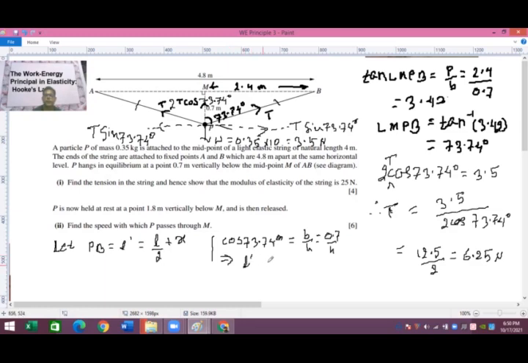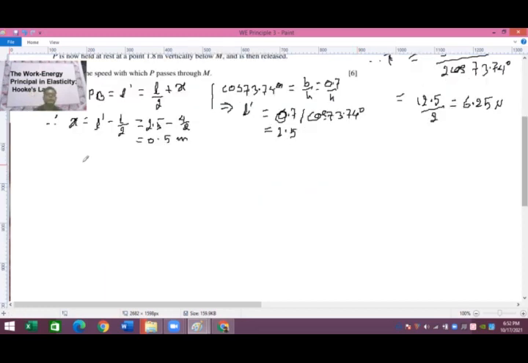So this is L dash equals to, if you transpose this to the left, that is H means L dash we have supposed, and then this is 0.7, and by cross multiplication, if you transpose to the other side, it is going to be cos 73.74 degrees. You can go again to the calculator. So now